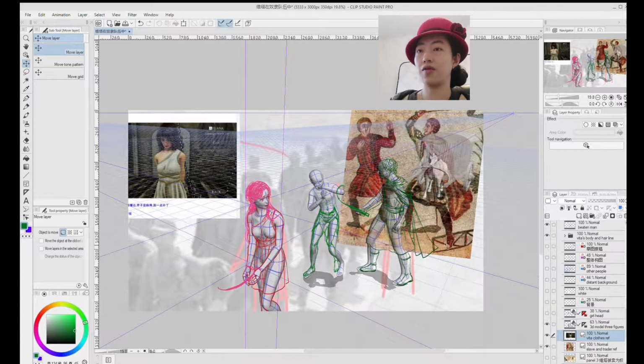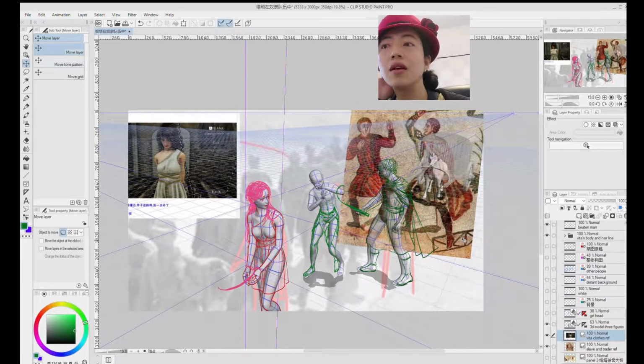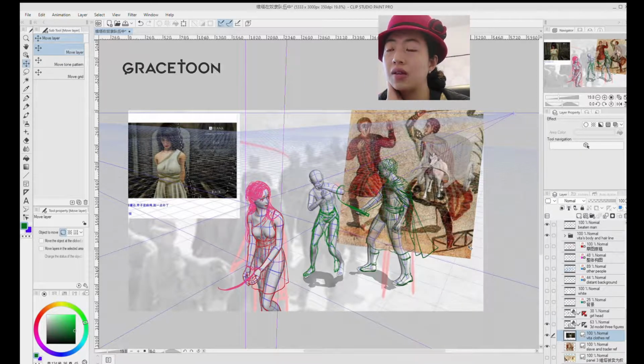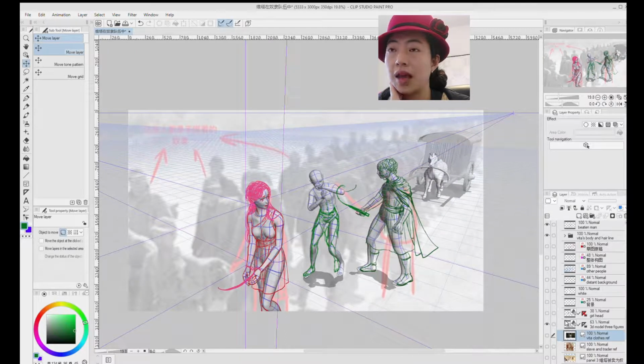This is actually from an ancient wall painting from some historical site. This is a story set in ancient Rome, so we try to do things with as much historical accuracy as I can. So I found this wall painting and I tried to mimic the dressing style. And I drew the carriage, because I modified the model slightly.